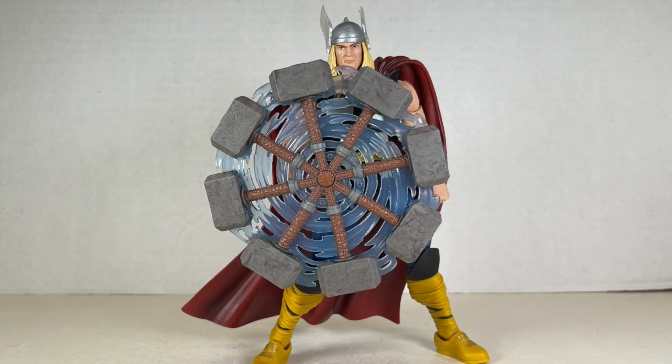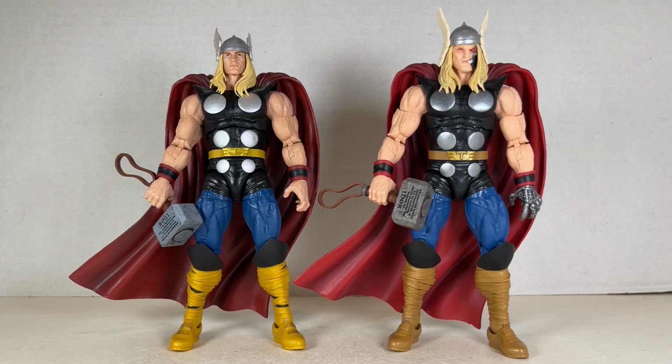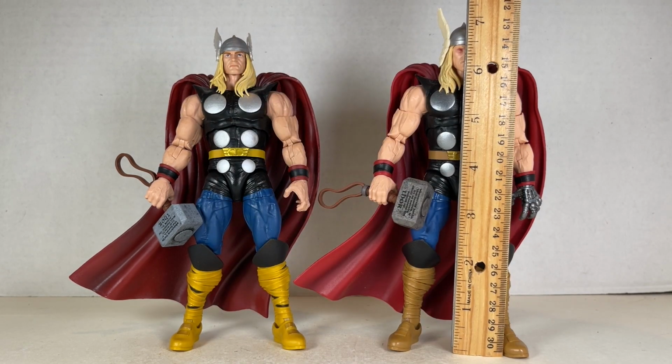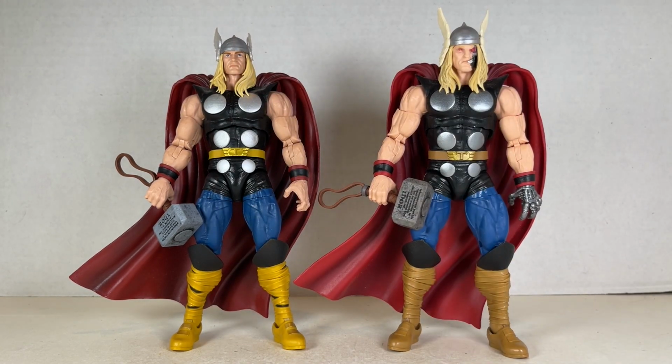When posed the right way in an underhand grip, it looks really nice on the Alex Ross Thor. I just love how this figure looks with the spinning hammer. For height comparison, 80th Thor stands at about 6 3/4 inches tall, while Ragnarok stands at around the same height. They are the same body mold, and I like the changes between each, especially the robotic parts on Ragnarok, but